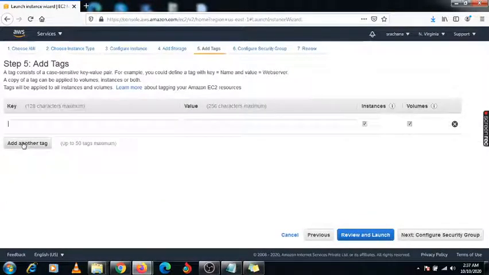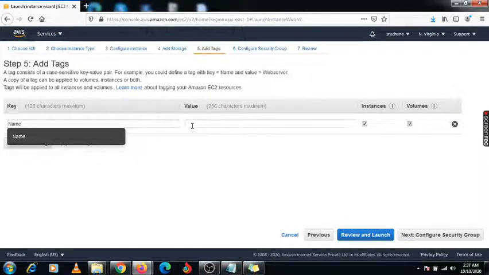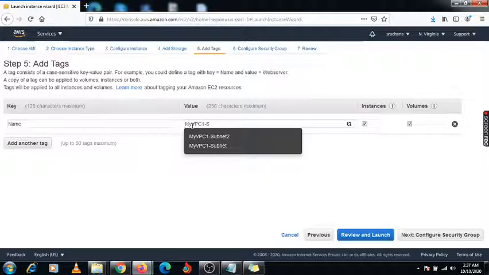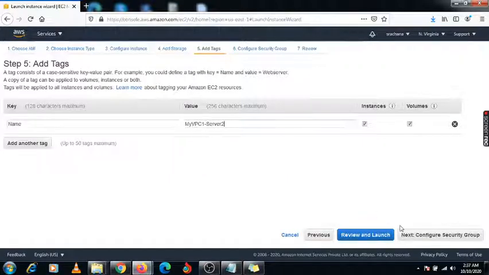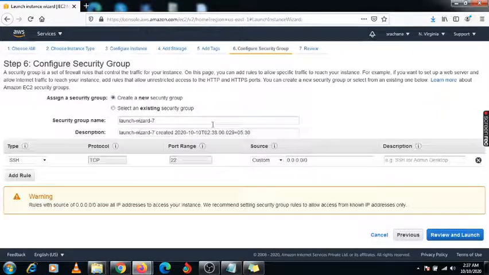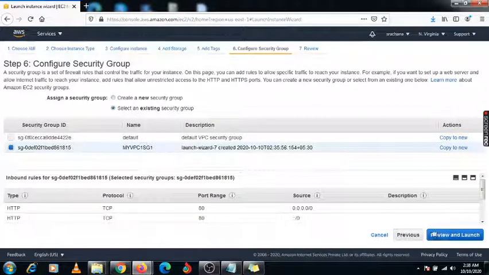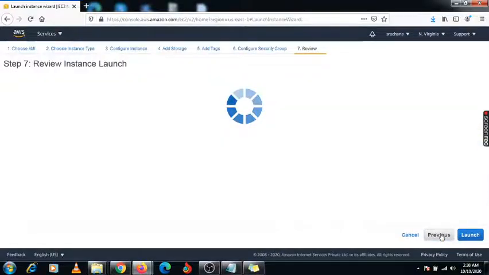Here I am specifying the name, my VPC1 server 2. Security group, you can select your existing security group having this name, and review and launch.